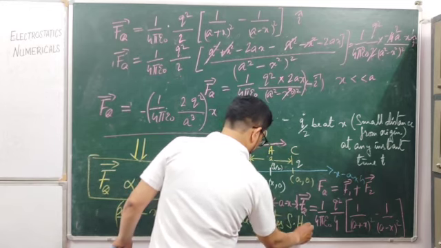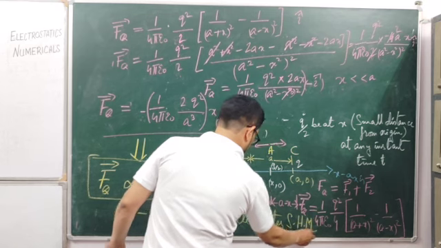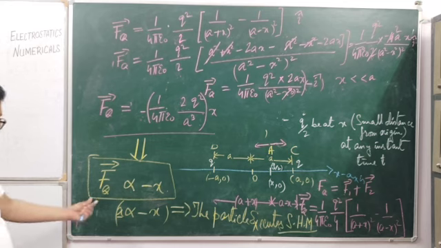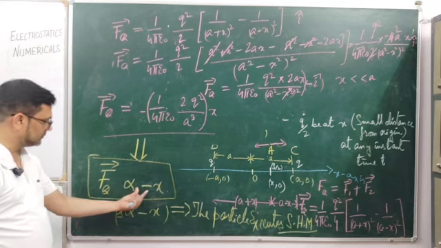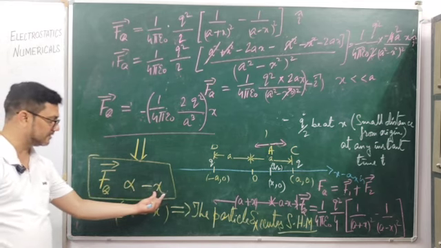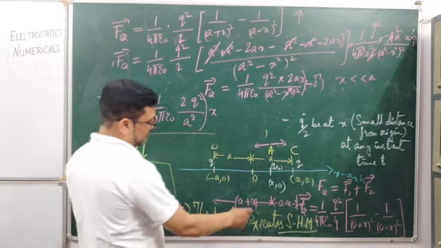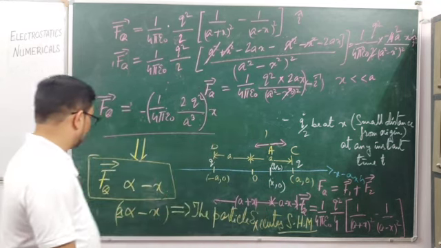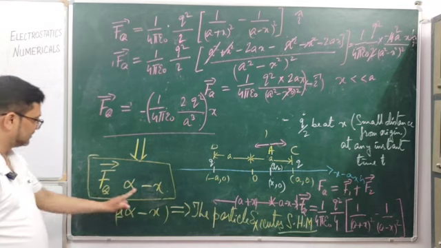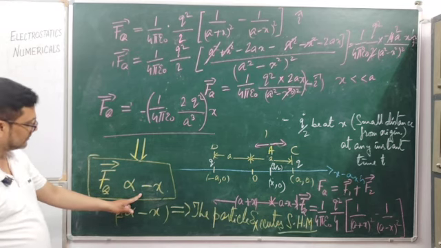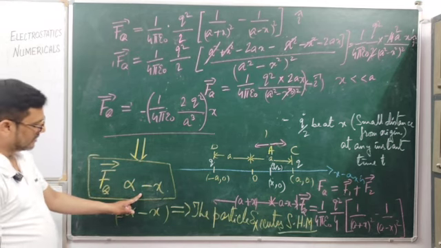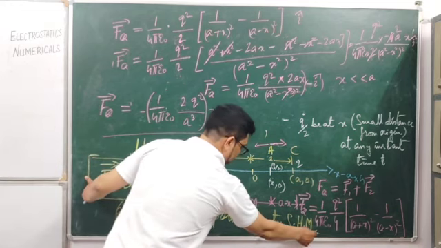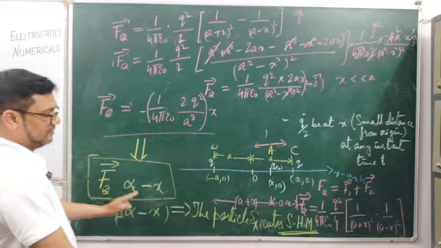simple harmonic motion. So why? Because this is the condition of simple harmonic motion. So if the force is directly proportional to the negative of the displacement, which is x, a small displacement here, it is going to oscillate back and forth. Why? Because this is how the motion is described here. And this is the condition of simple harmonic motion. So we conclude